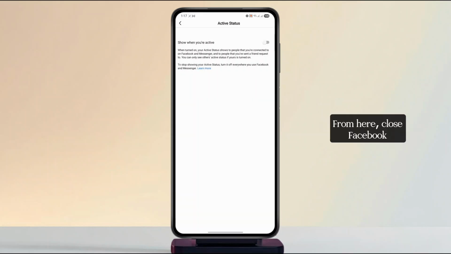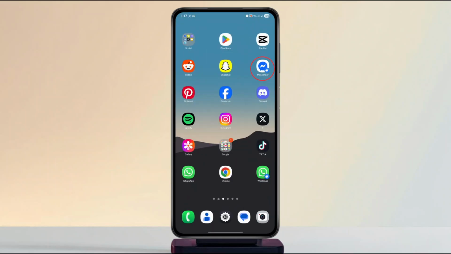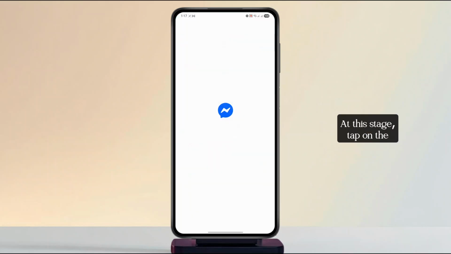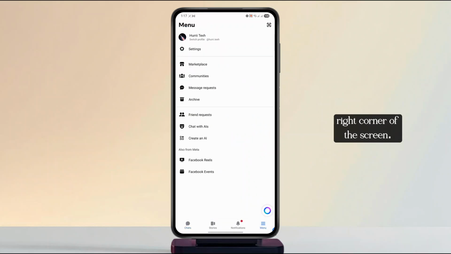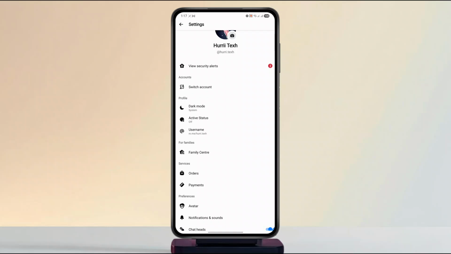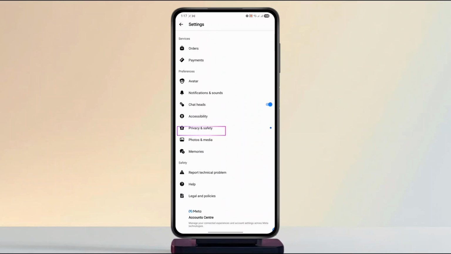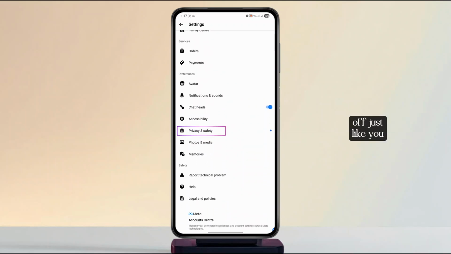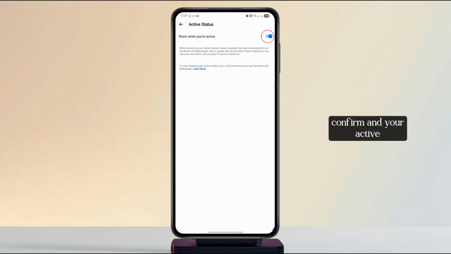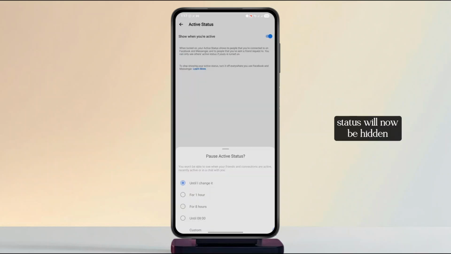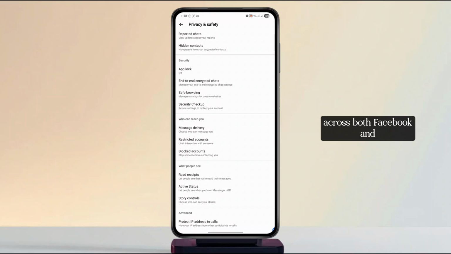From here, close Facebook and open the Messenger app on your Android device. At this stage, tap on the menu icon at the bottom right corner of the screen. After this, tap on Settings at the top of the menu. Once completed, tap on Active Status and toggle it off just like you did on Facebook. Finally, tap Turn Off to confirm and your active status will now be hidden across both Facebook and Messenger at